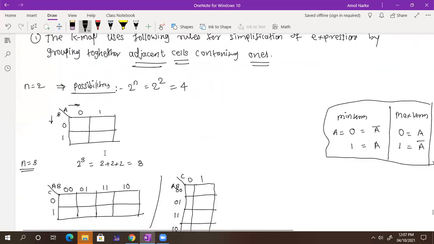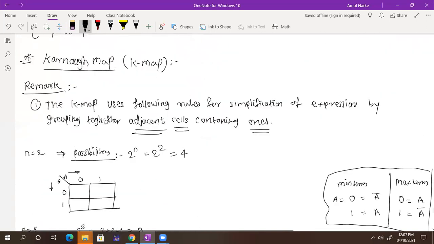Okay. And what does a K-map give you? K-map gives you a simplification of the expression, that is, when you solve that expression by using laws and also by using a K-map. Karnaugh is one scientist. He provided a way, by using cells, to find a simplified expression. That's it.